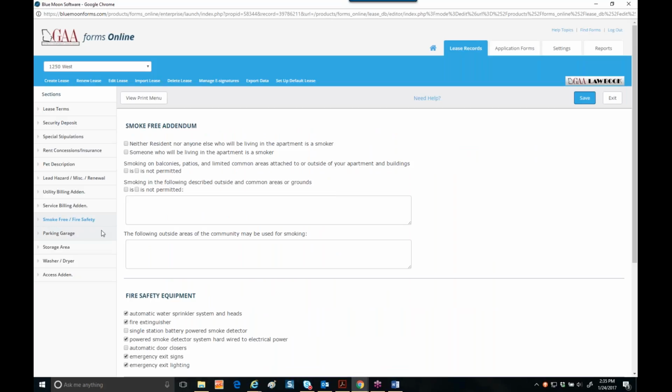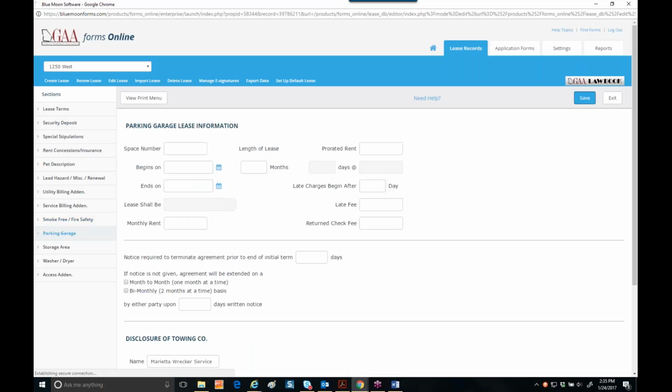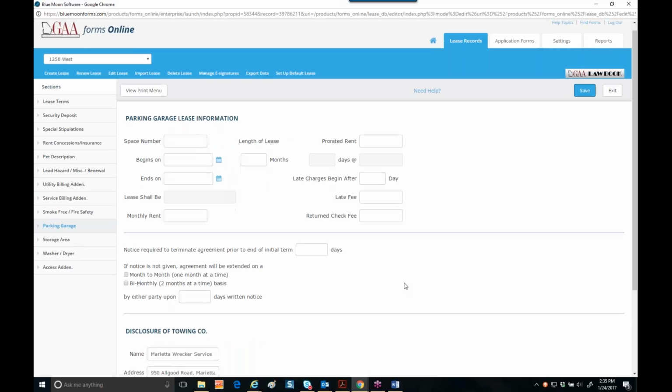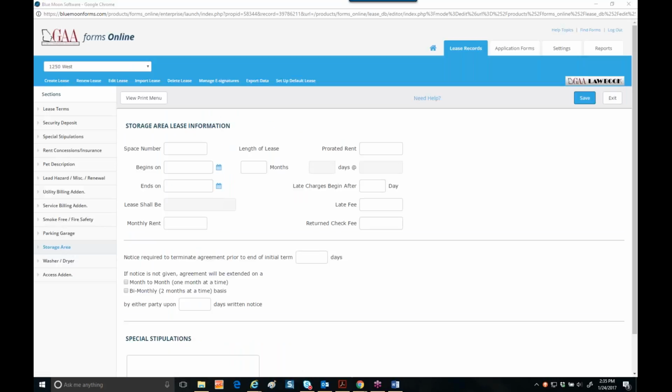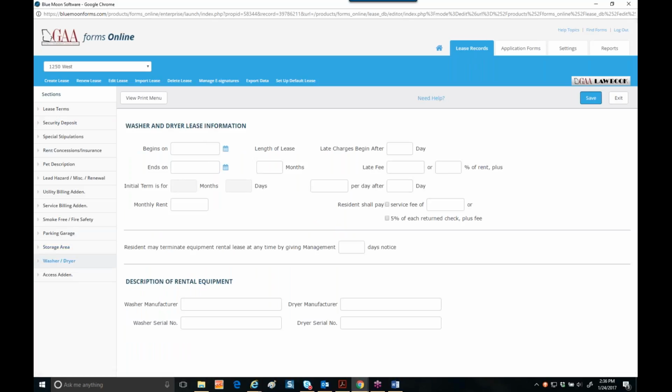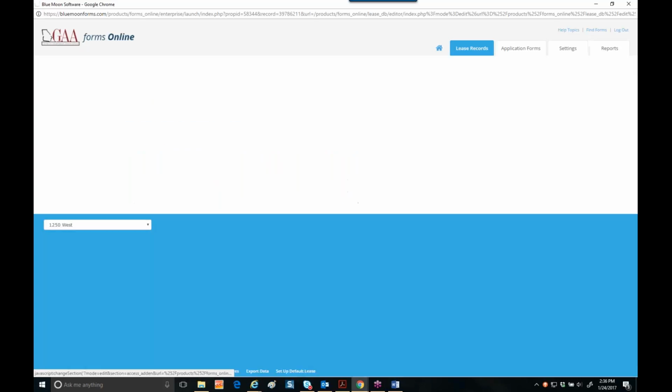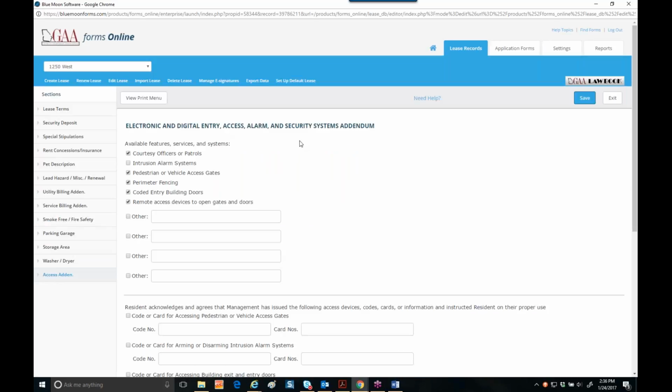Smoke-free. Parking information. Storage area lease information. Washer dryer if there's a lease on it. And finally, your access addendum, be it if you have alarms on your apartment homes or any additional access information